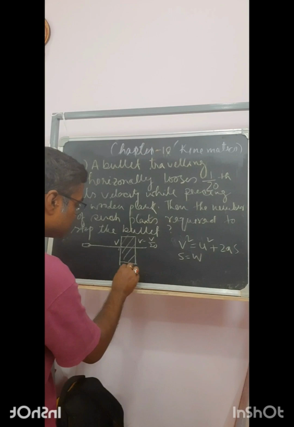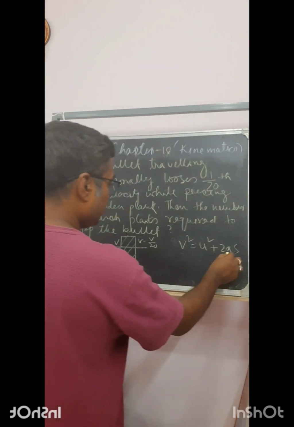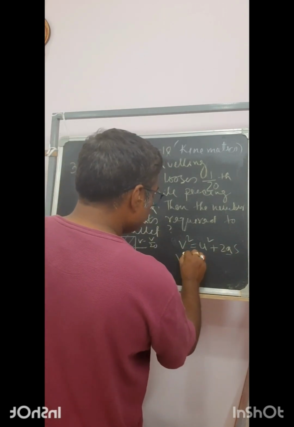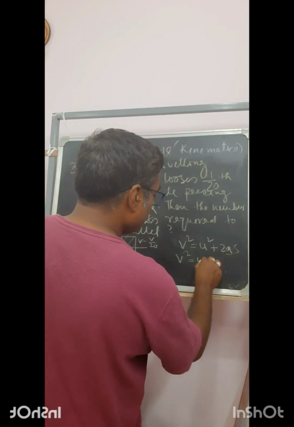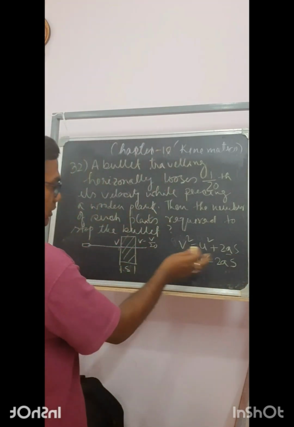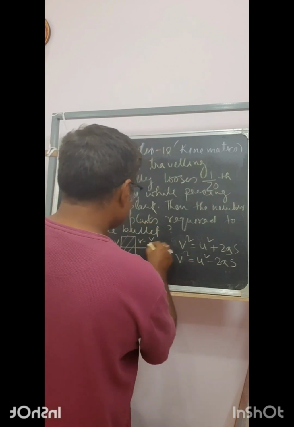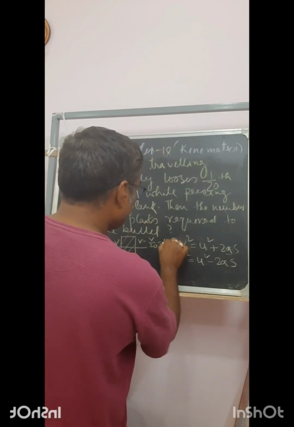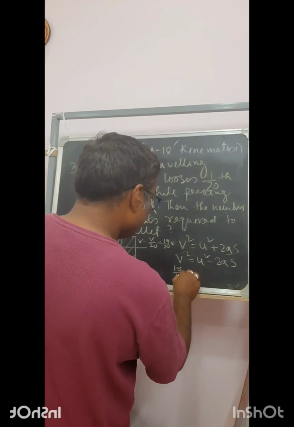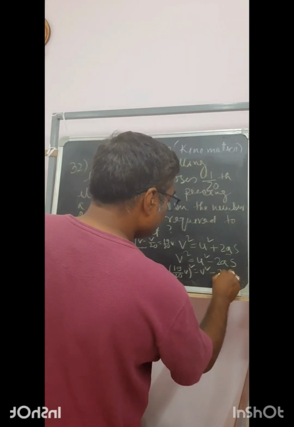This is arbitrary, so you can consider s also, no need to change the letter. So a you have to calculate, but here the thing is retarding, so that means the equation will turn, because those are vectors, into 2as, because this is reducing, so v is less than u. So what is v here? This is 19 by 20 v. So this will be 19 by 20 v whole square, and